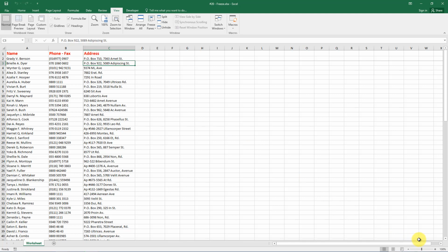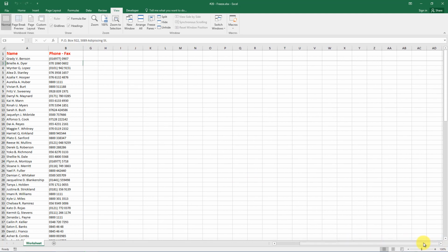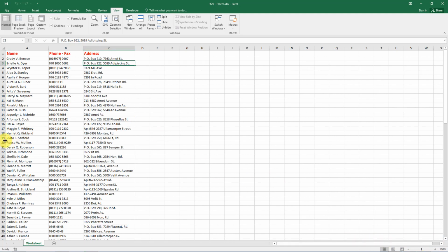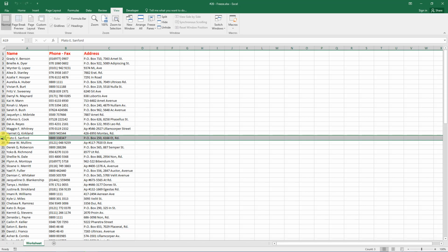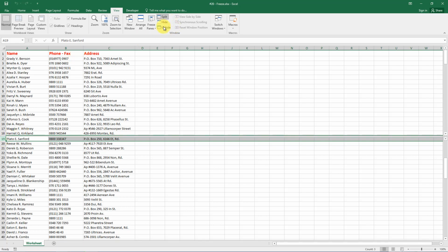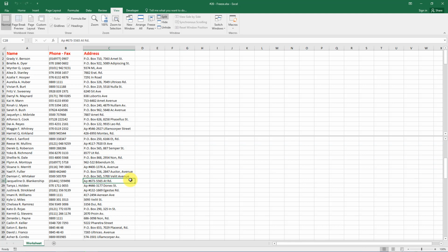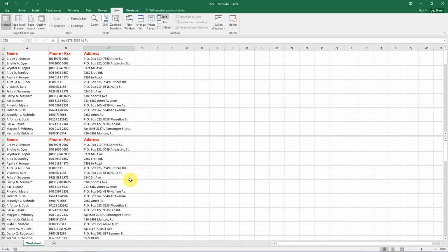Another feature of Excel is to be able to split our screen. Let's see an example to understand it. Go to the middle of the screen and click somewhere there. Now from the View tab, click the Split button. You can see that the window is divided with a horizontal line into 2 different panes, and each one scrolls independently. Look at the result.